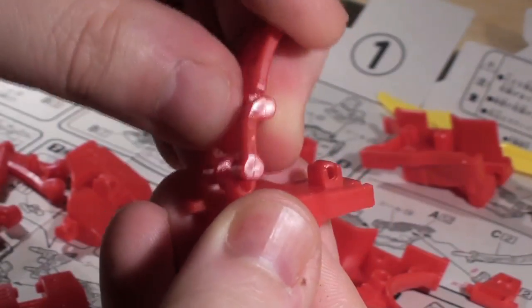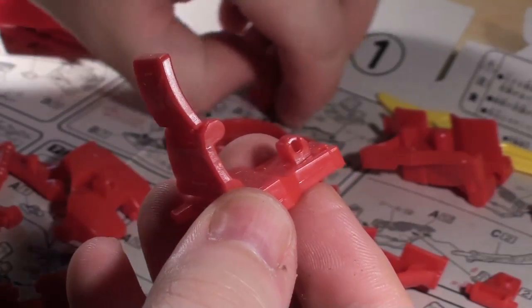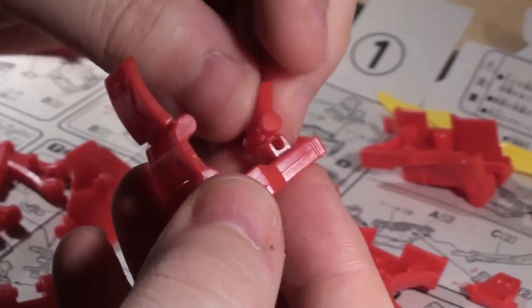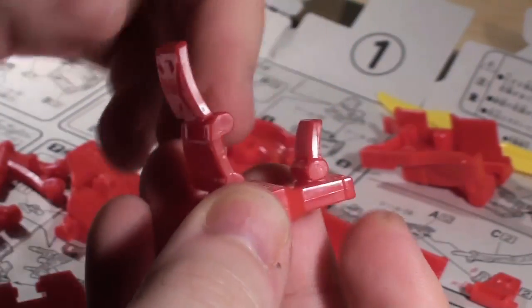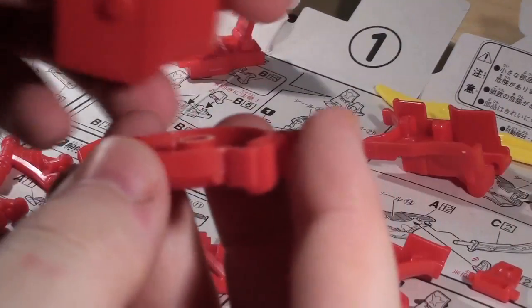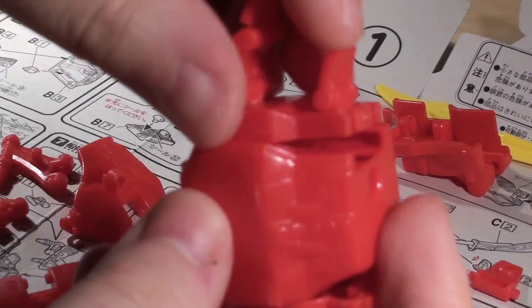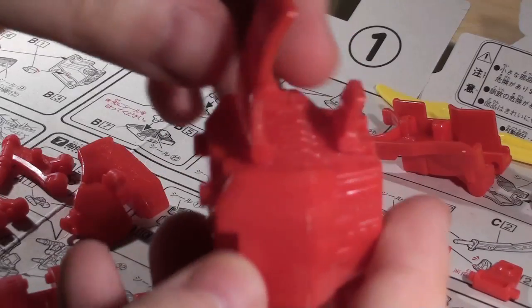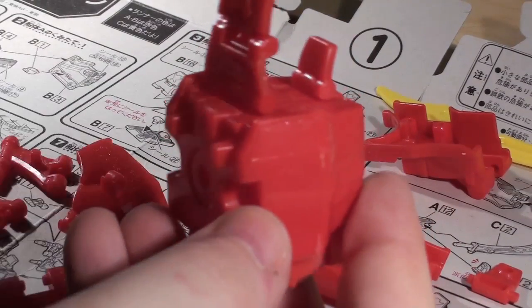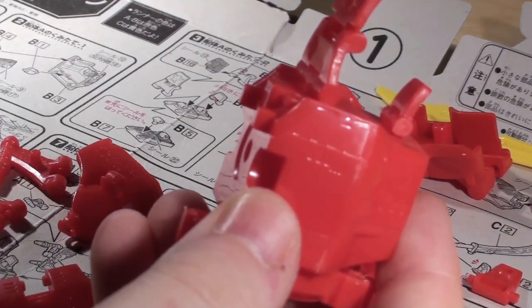And yeah, Gokaiger, I'm getting caught up on. I hadn't seen past episode 4 for months, so I'm just now starting to get caught up on it. I think I'm on episode 9 at the time of this recording, and hopefully I'll be a bit farther along by the time this actually goes up. I'd like to get caught up as soon as possible because the Hurricanegers are coming in, and Hurricaneger is one of my absolute favorite series. It's the series that actually got me into Sentai,